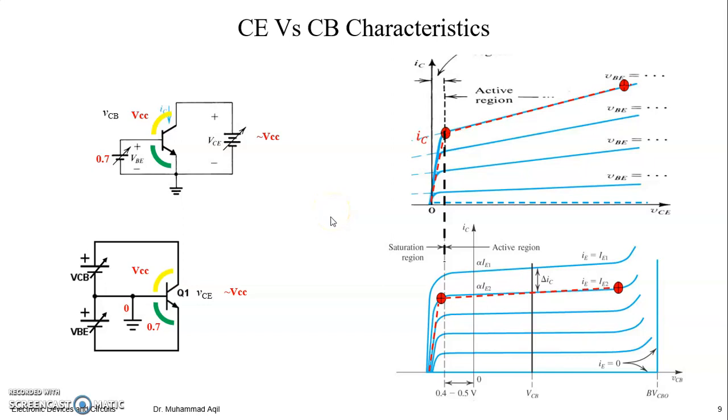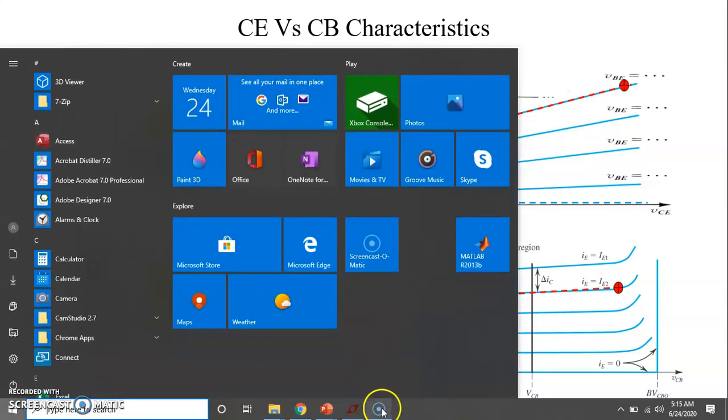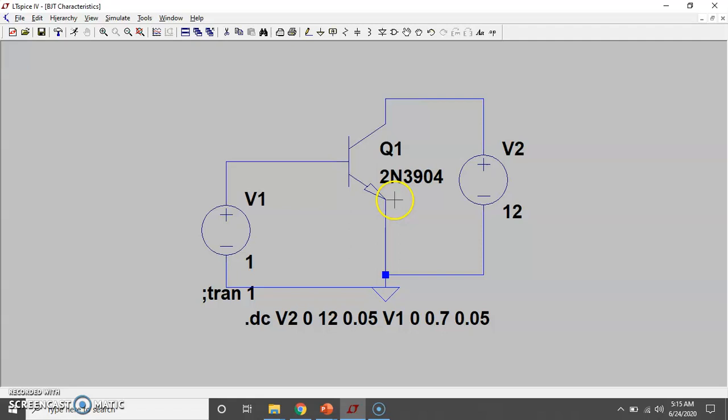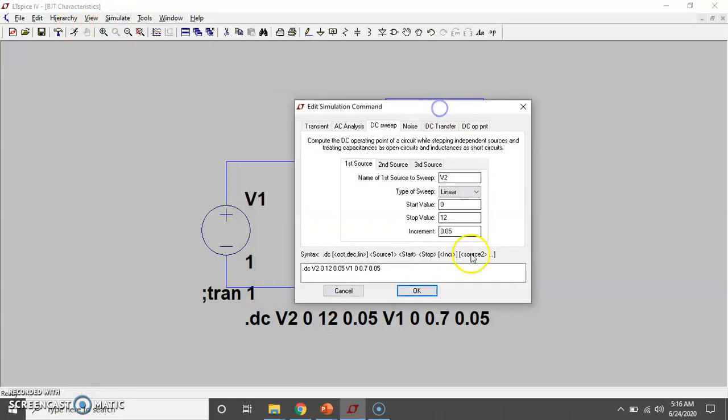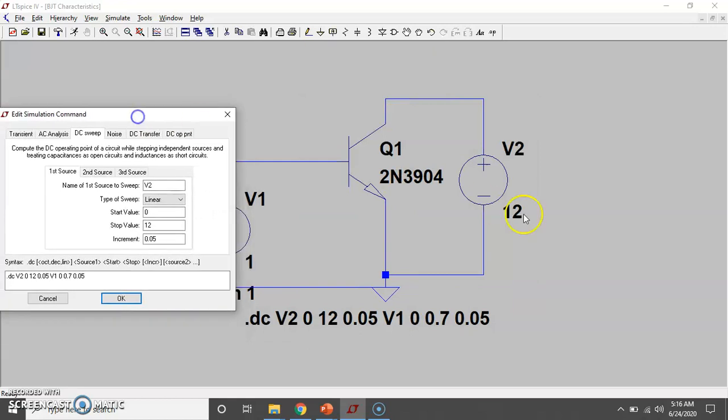Let's compare the common emitter and common base characteristics of a BJT using LT-Spice. This circuit is drawn to obtain common emitter characteristics of this BJT. We have set the simulation command to vary this source, collector to emitter voltage, from 0 to say 12 volts,